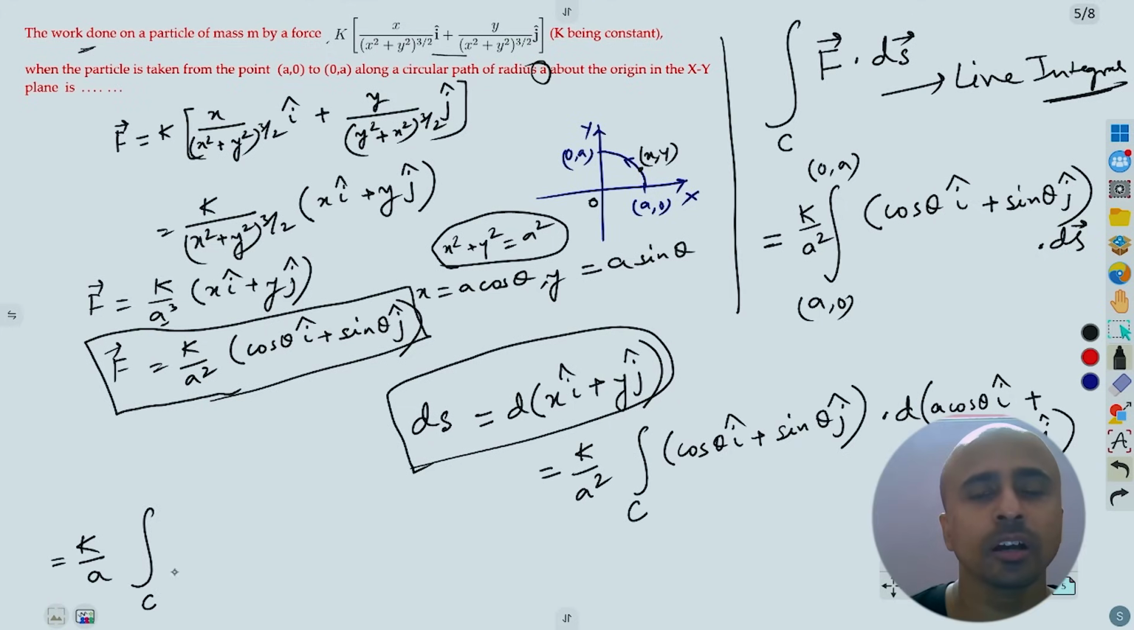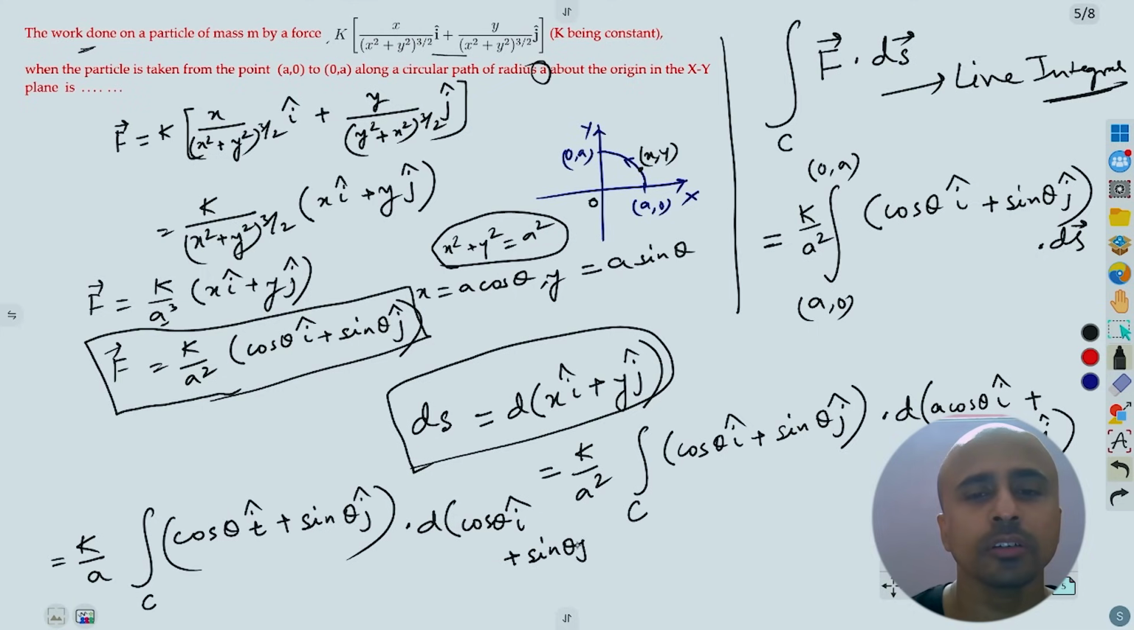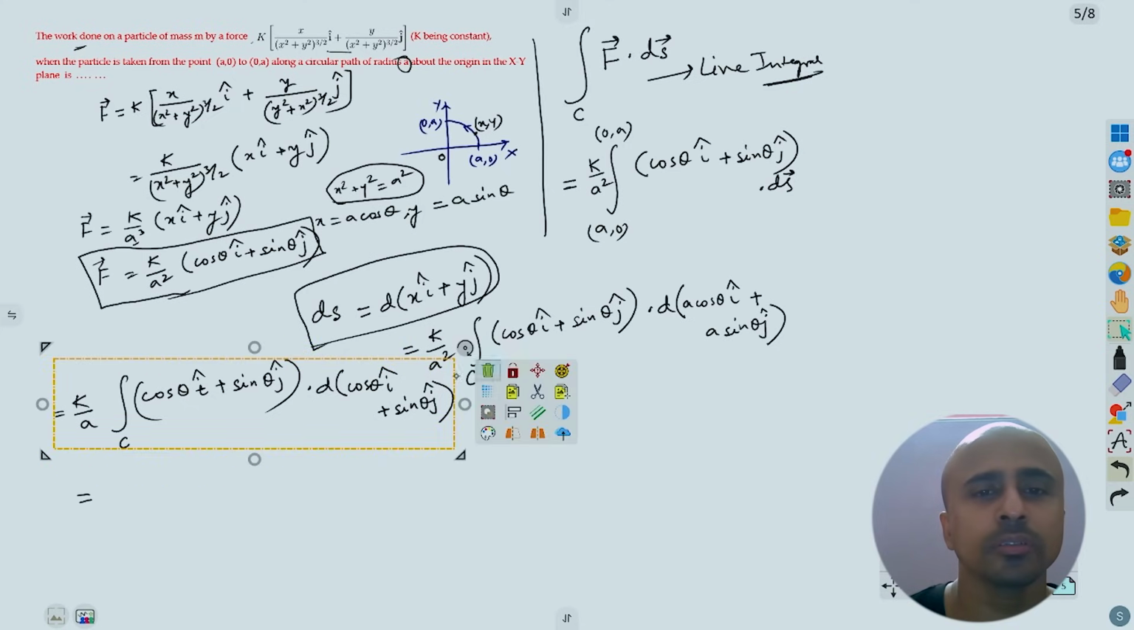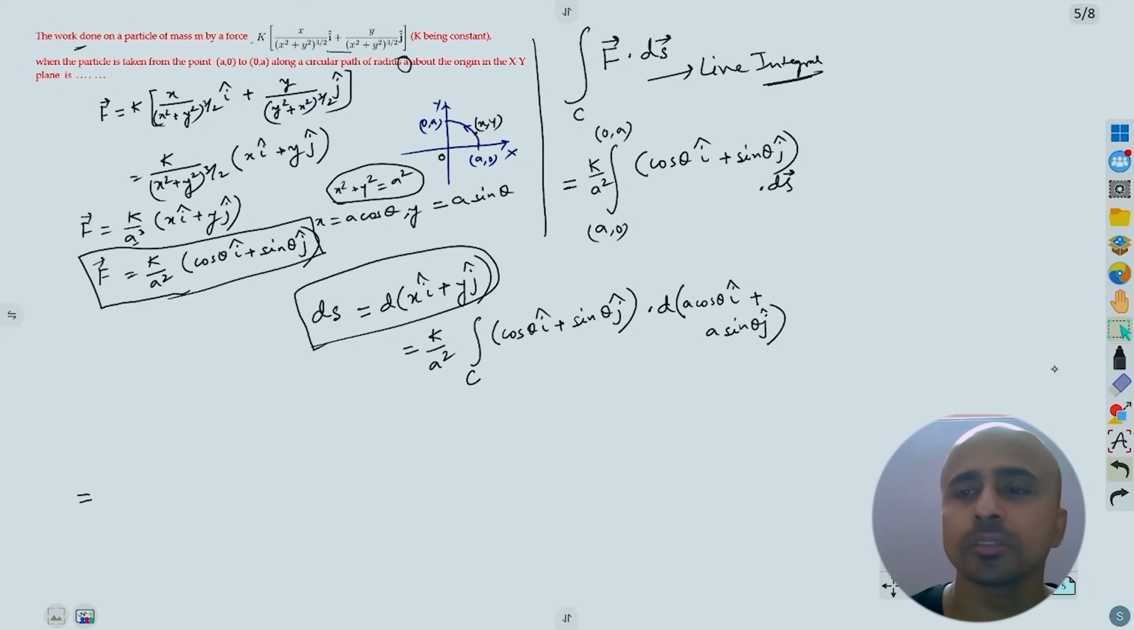integral over this curve, over the circle. So we have cos theta i cap plus sin theta j cap dot d of cos theta i cap plus sin theta j cap. Okay, I have very little space here, so let me rewrite this once again. Let's erase this. It is not understandable. So basically this is,